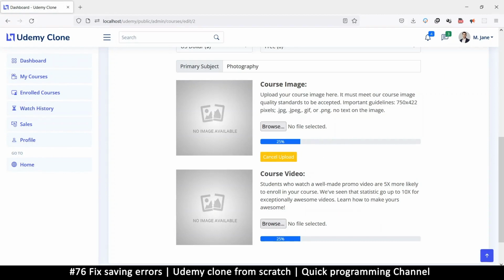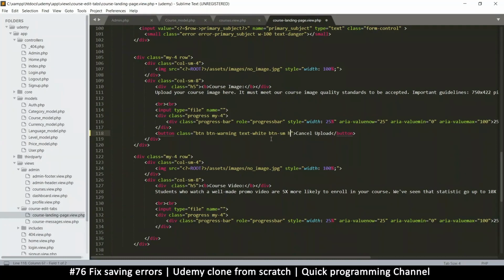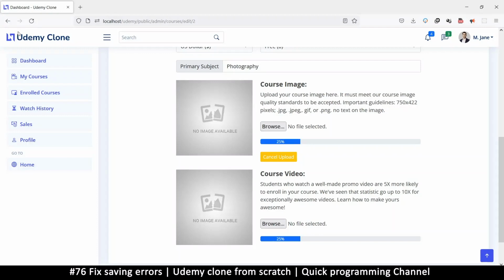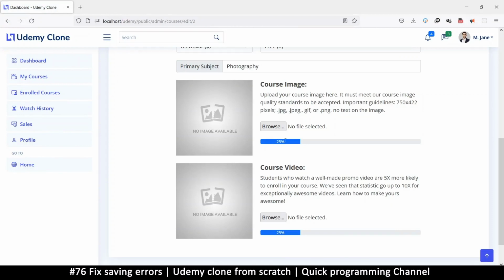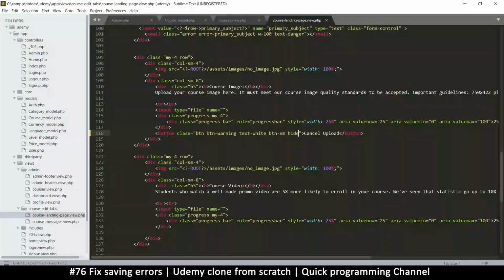So for now, I'm going to put this on a hide like this. Wait a second. Okay, so that worked. Yes, great. Let's do the same thing here. Now we're going to give it a unique class name. So this one is going to be class